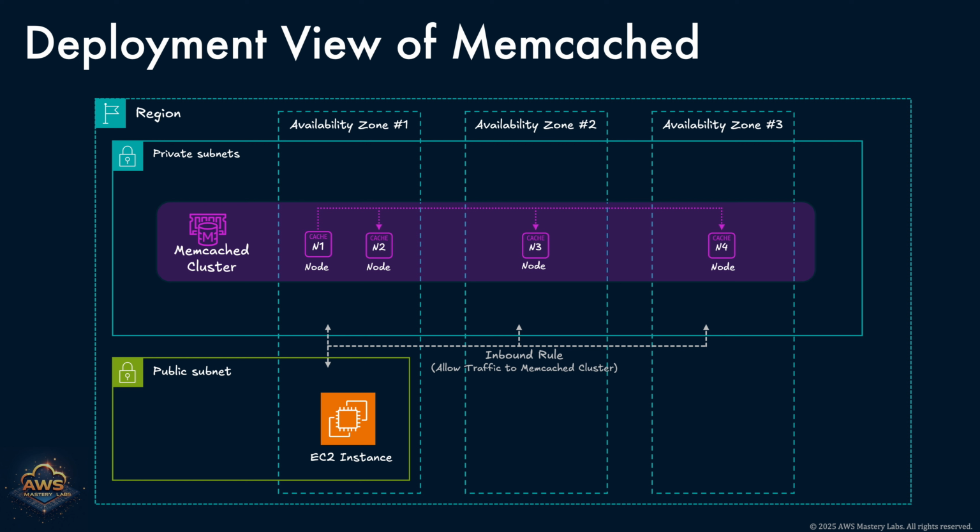Access to the Memcached cluster is managed through an EC2 instance located in a public subnet within the same virtual private cloud, VPC. This EC2 instance serves as a client application that connects to the Memcached nodes. To enable secure communication, security group inbound rules are configured to allow traffic from the EC2 instance's subnet to reach the Memcached nodes. These rules enforce controlled access and ensure that only trusted resources within the VPC can communicate with